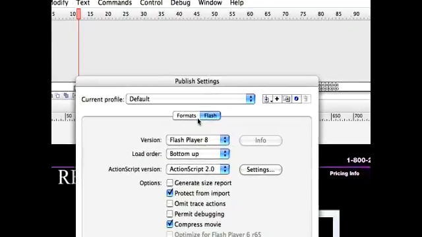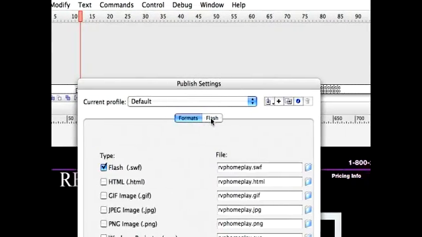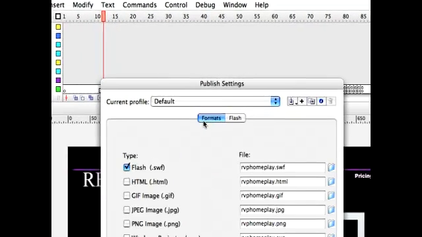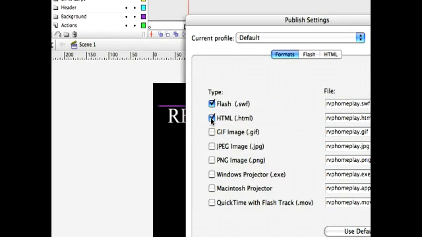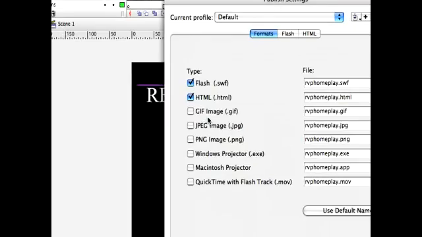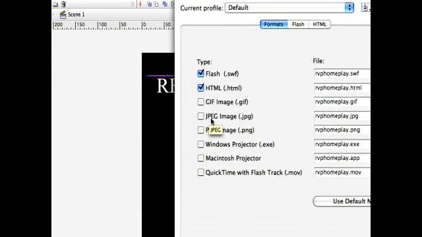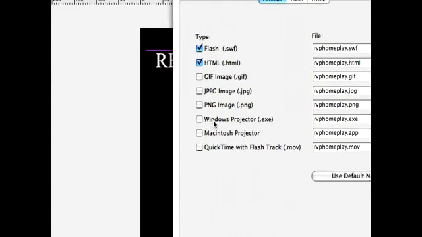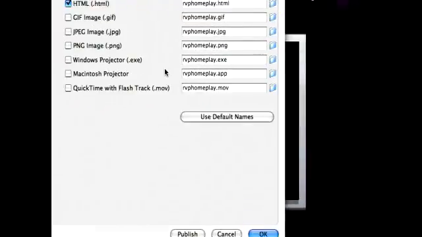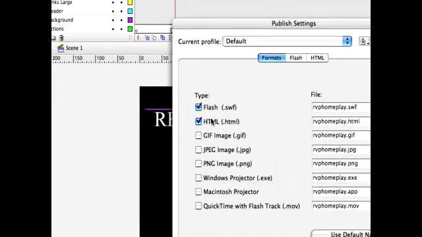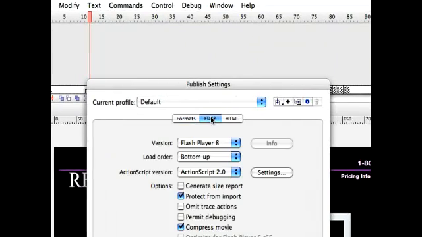And in here, you can see we have Formats and Flash. So for Formats, we want to choose Flash, HTML. You could also set GIF. You can create a JPEG, QuickTime for Flash Movie. Just choose Flash and HTML. Go back to our,